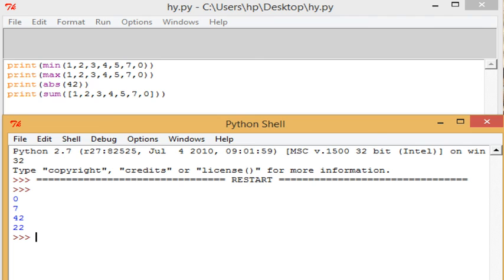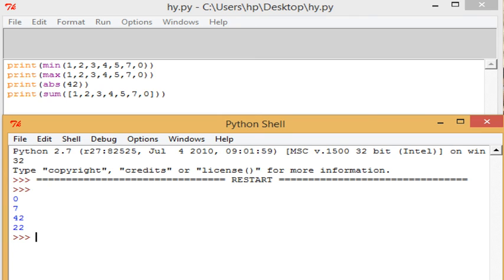Next we have used a print function where I am using the absolute value of 42. I have written 42, so I am getting the absolute value as 42. If I had written 42.0, it would also give me 42. If I had written 42.5, you can check this out, it will give me a result of 43 because it has rounded off the value to the nearest whole number.